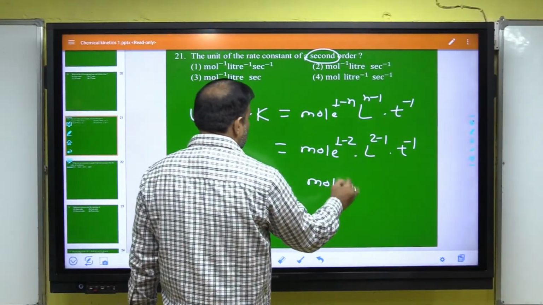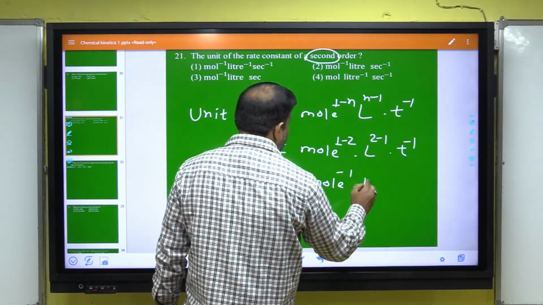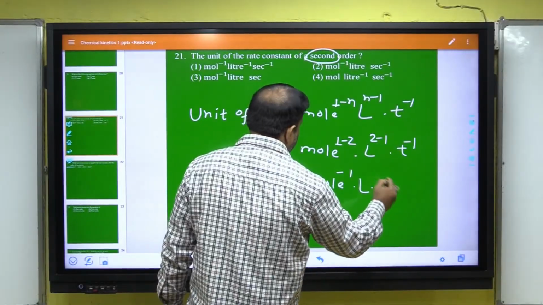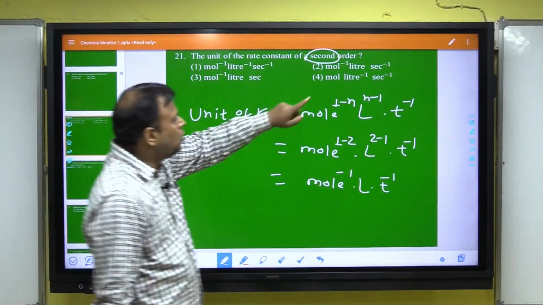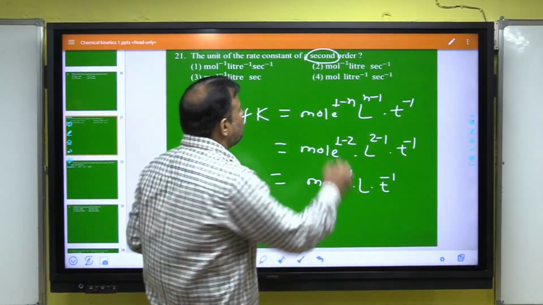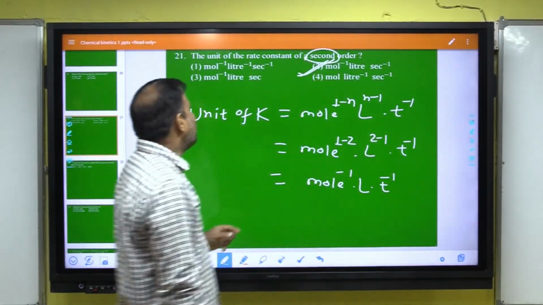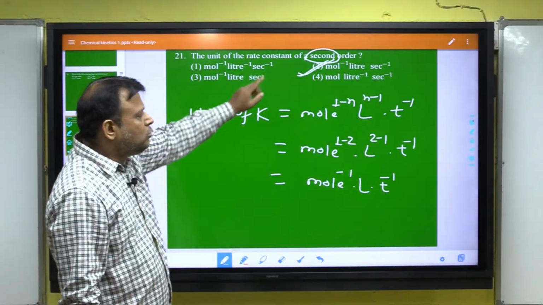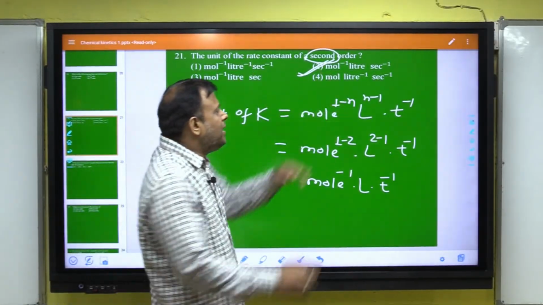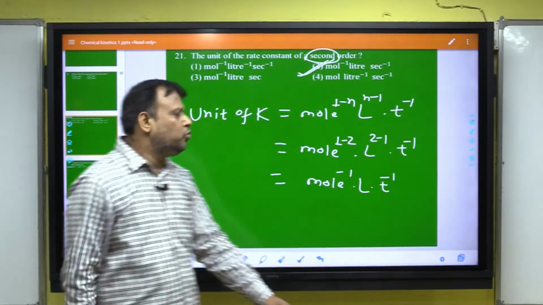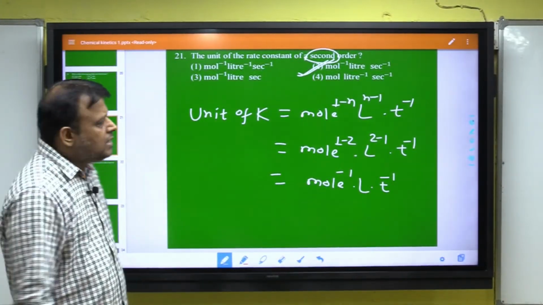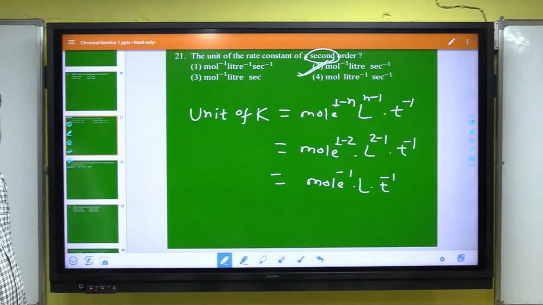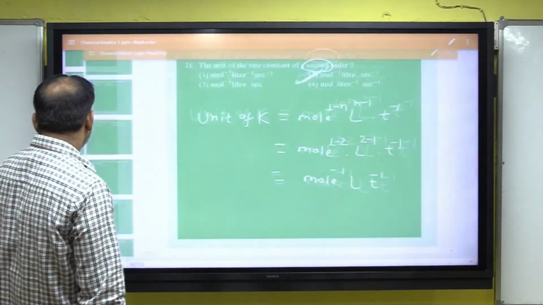That means mole inverse, liter into time inverse. Mole inverse, liter inverse. No, mole inverse, liter into second inverse. Yes. Second number, mole inverse liter into second, no. Mole per liter per second, no. Answer number 2 is correct. For second order, unit of K for second order. Clear? Next,